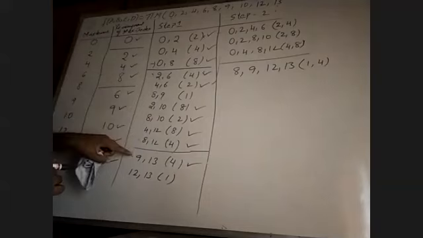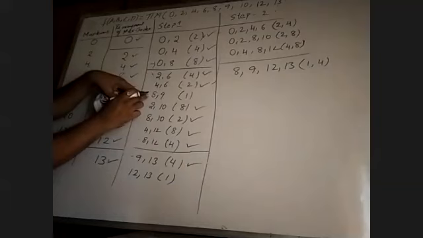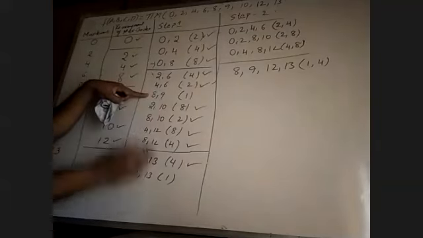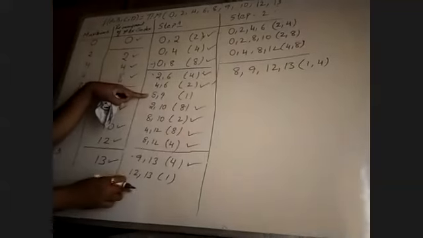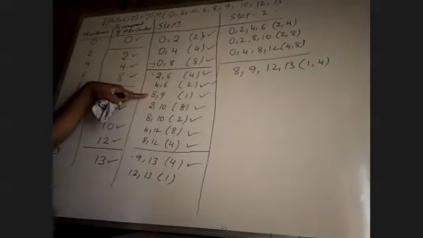The 4s are finished. Next, there is no 2. There is a 1, so we can make the comparison of these two now. 8 9 with a difference of 1, and 8 9 12 13. This is completed. Therefore we can make a tick mark here now. Therefore these two are covered.